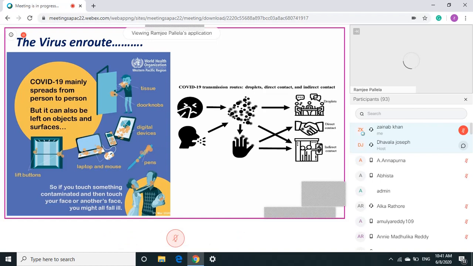The exchange of oxygen and CO2 does not happen in the lungs. And when this does not happen, the amount of CO2 increases in your